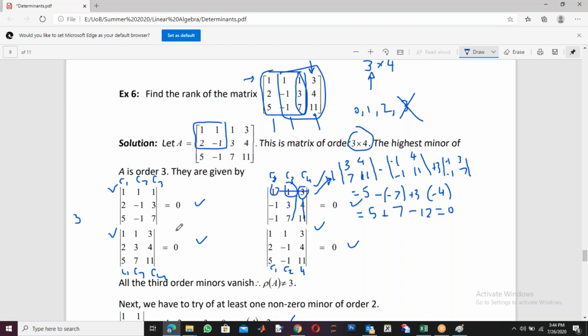Is that clear? Any other question? If you have any other questions, I can answer that. Otherwise I can stop here. If you have other questions, if you are solving on paper, you can either send me the picture of the paper, or you can make a small video of your steps and send me that as well. I will see and tell you whether they are correct or not.